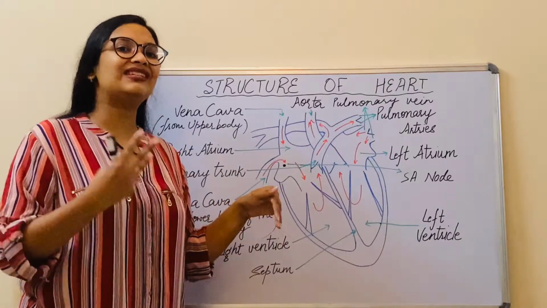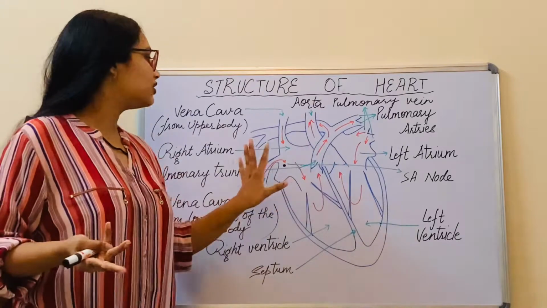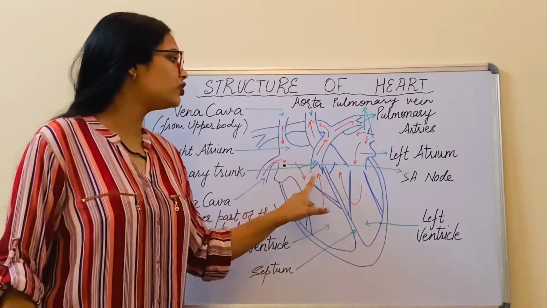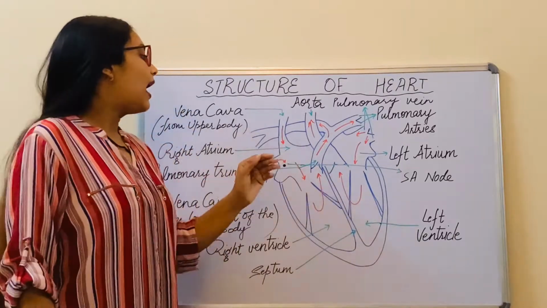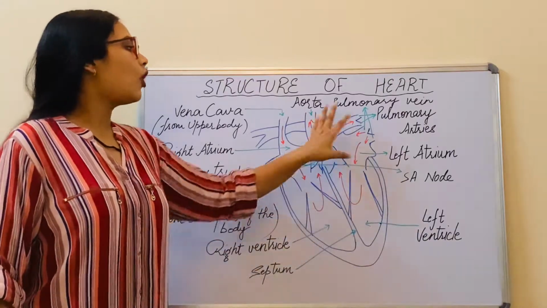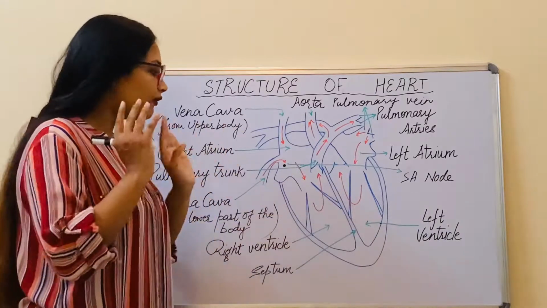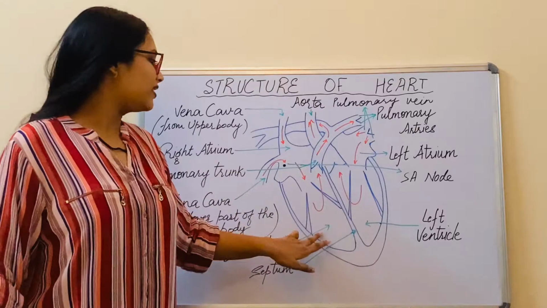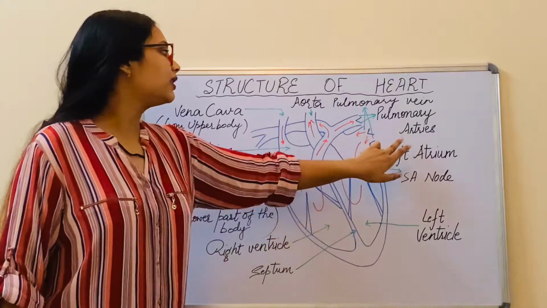So it is known as the tricuspid valve and it is present on the right side of the heart. Now, there are also two semilunar valves. These semilunar valves are basically preventing the backflow of the blood from these great vessels back into the ventricle. So, if we have seen the circulation, the right ventricle contracts to pump the blood to the pulmonary arteries.